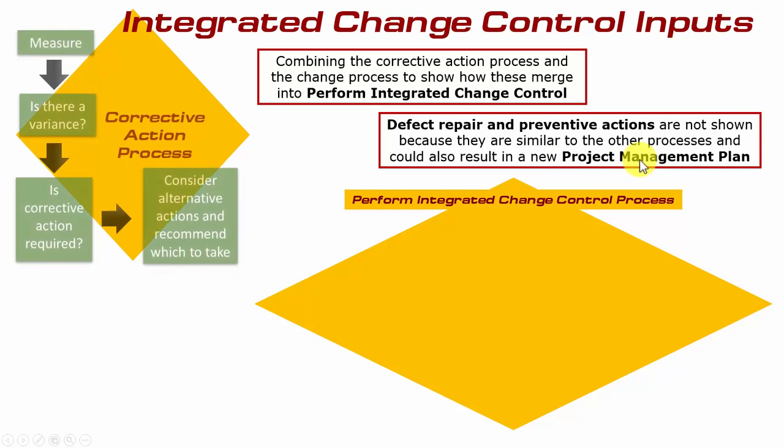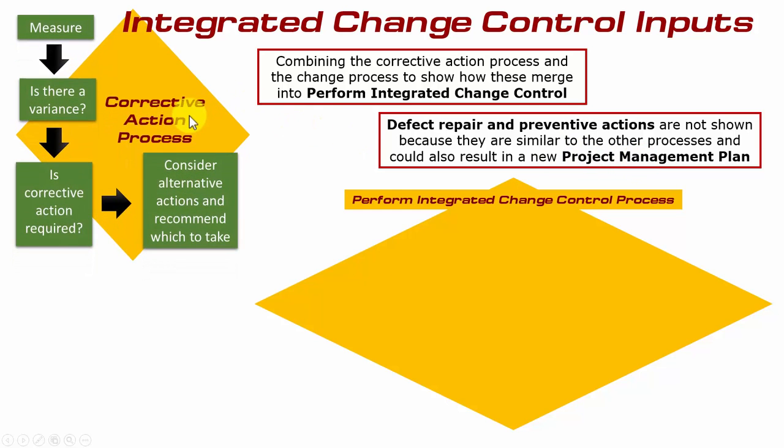So here we have corrective action processes, first of all to measure between actual performance and planned baseline performance, determining if there is a variance, and depending on that variance, is corrective action required. If it is, then we need to consider alternative actions and recommend which of those alternative options, if you will,